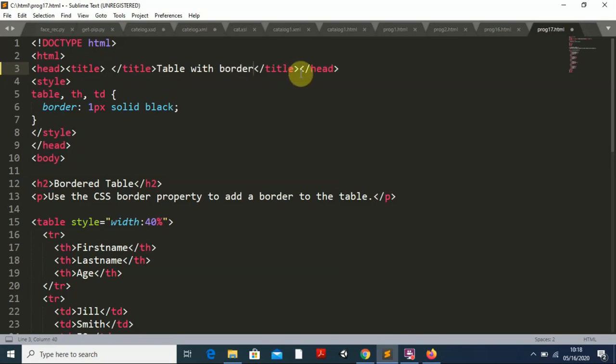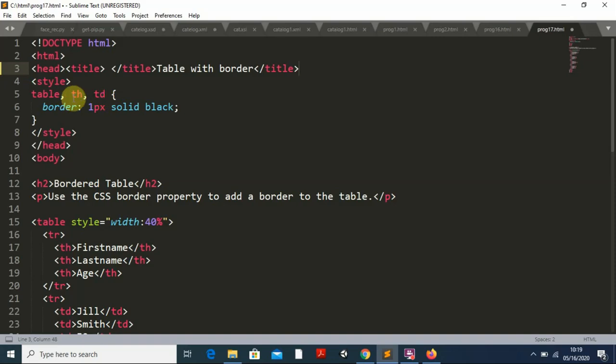Okay. Then this is the head, and head is not to be completed here because head is continuing, so you have to remove this one. Then I put the style. In the style, what is the style I am going to define? It is applicable to wherever I will be using a table, or wherever I am using th and td, because in a table these are the three things there. First the table tag will be there, th will be there, and td will be there. That means for the entire table this style is applicable.